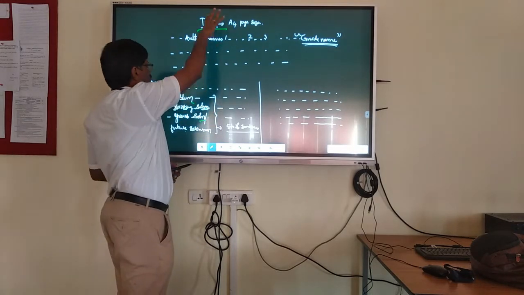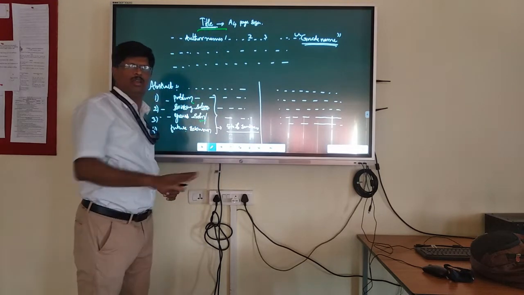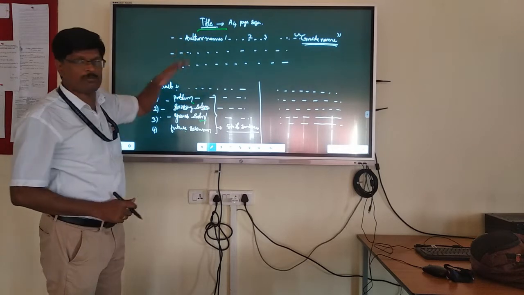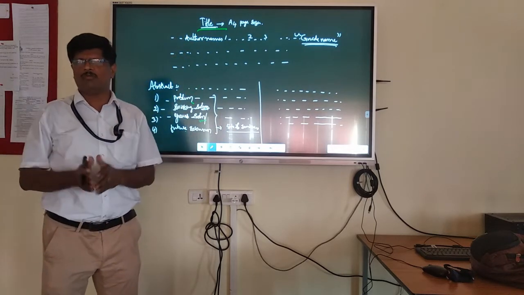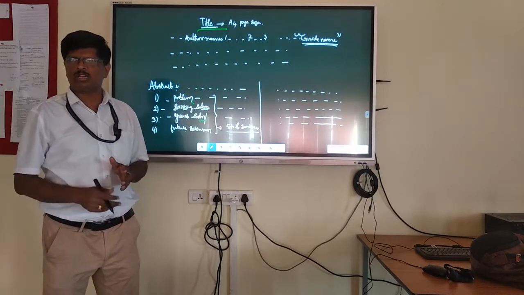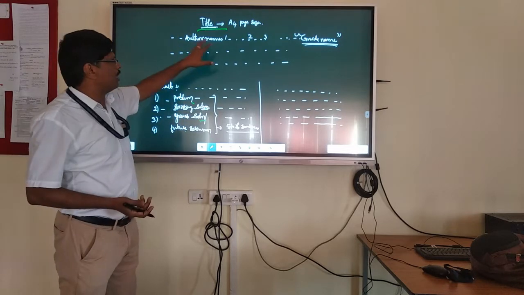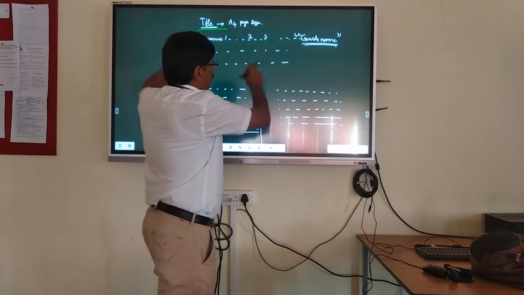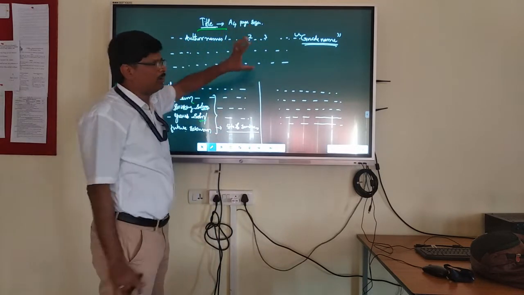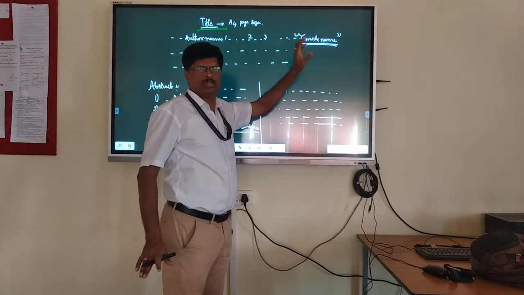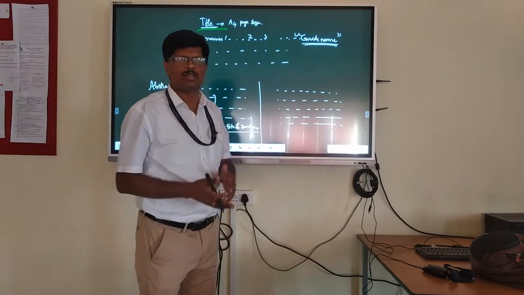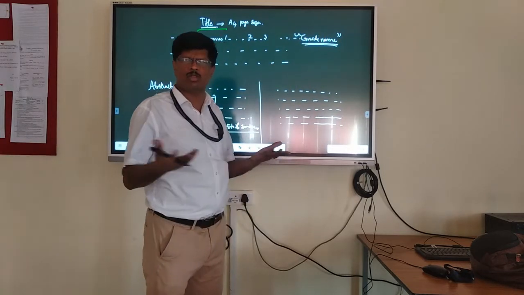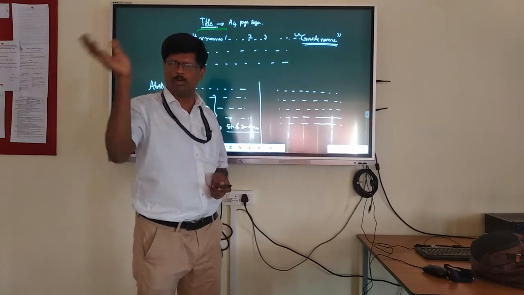What is the font of this? Abstract, refer to all that. Now, write the author names immediately. For example, a group of 3 to 4 members, students I said. Author names 1, 2, 3, if you are 3 or 4, write all that according to the format. Then we will allot one guide, your guide name, maybe from your branch. IEEE member teachers only we will put as guides. Then you can use the guides also. Later it will be useful.